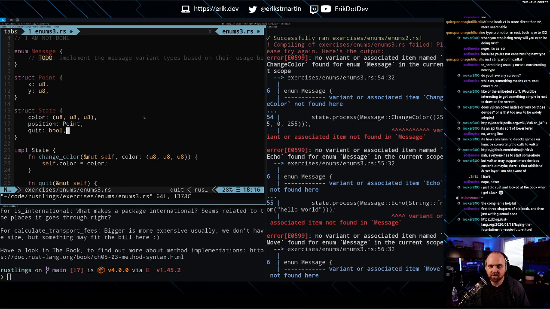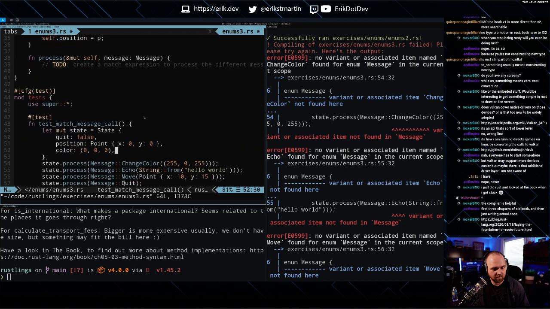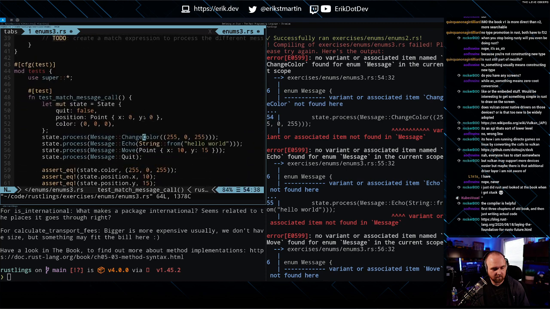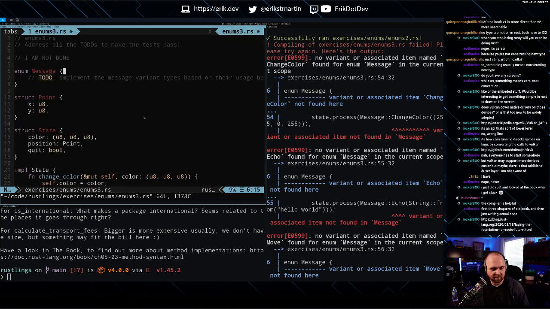Okay, no variant or associated item name change color found for enum message. So this is still the same thing. We just need to implement the things that we did last time.